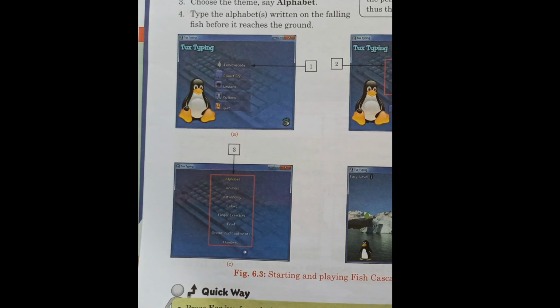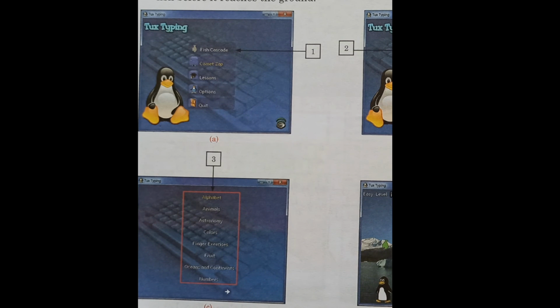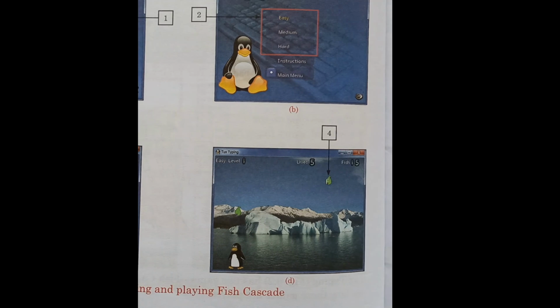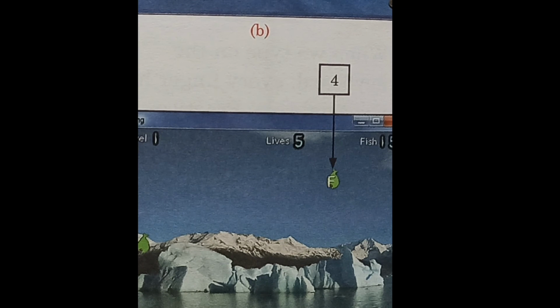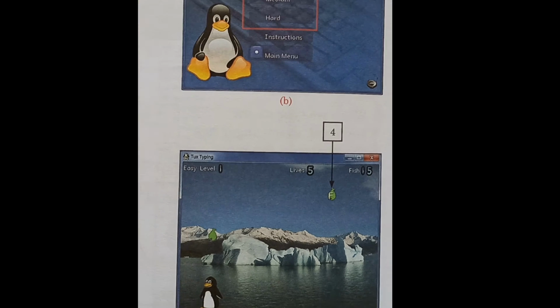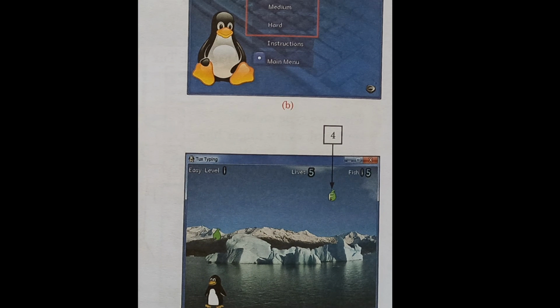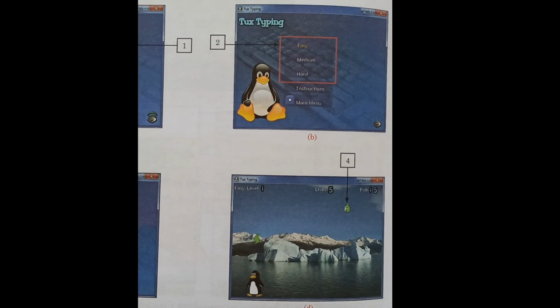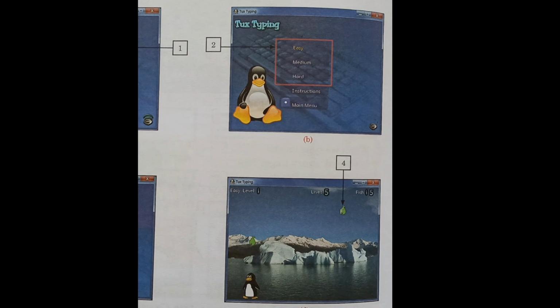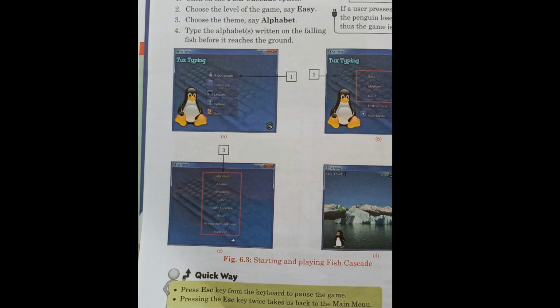Now type the alphabet or alphabets written on the falling fish before it reaches the ground. Here the F is coming. You have to type F before the fish reaches the ground. If a user presses a wrong key, the penguin loses his life. Thus the game is over.